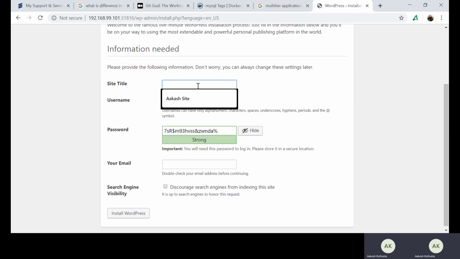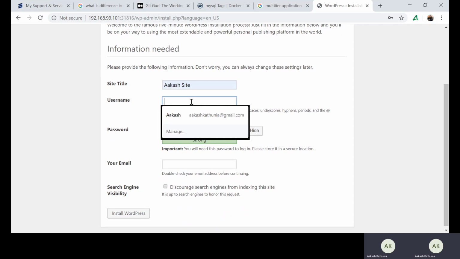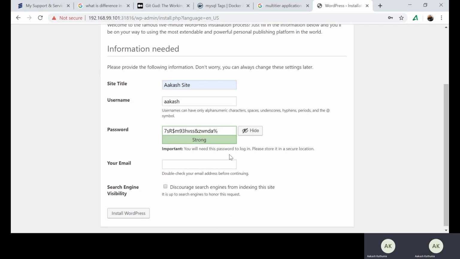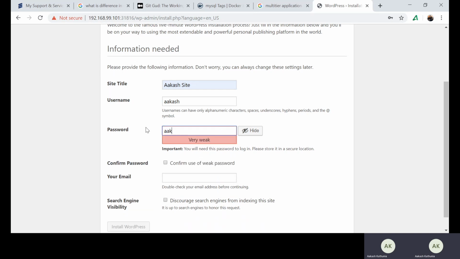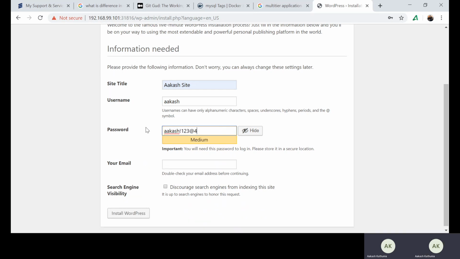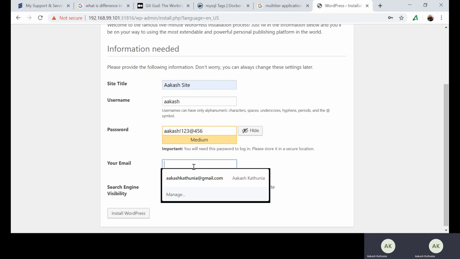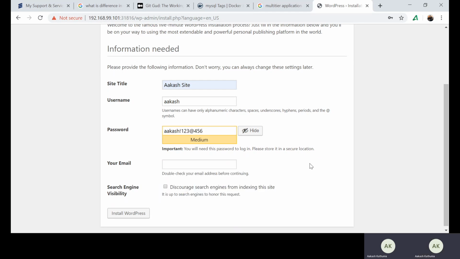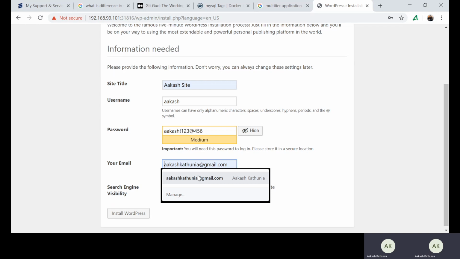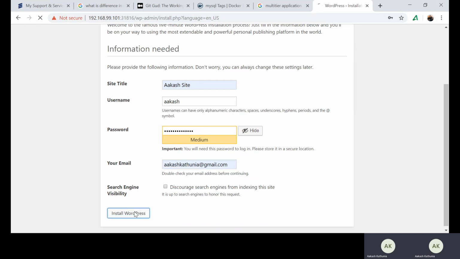Site title: let me name it Akash site. Username Akash, and the password Akash!1238456, and the email is optional. Let me take my email ID and then install WordPress.